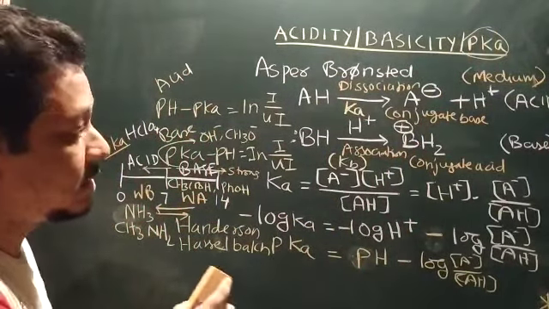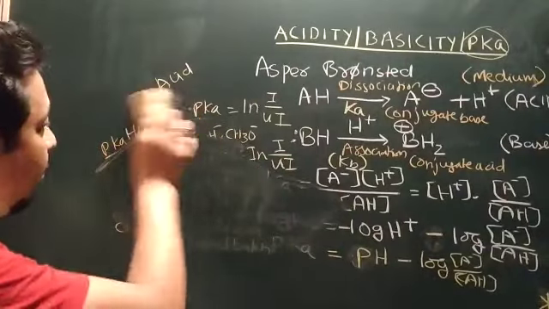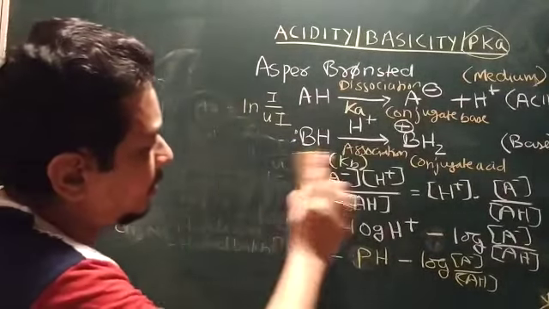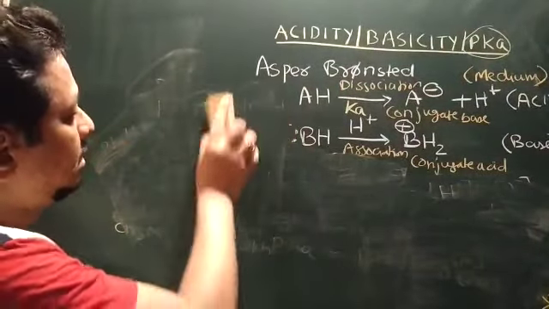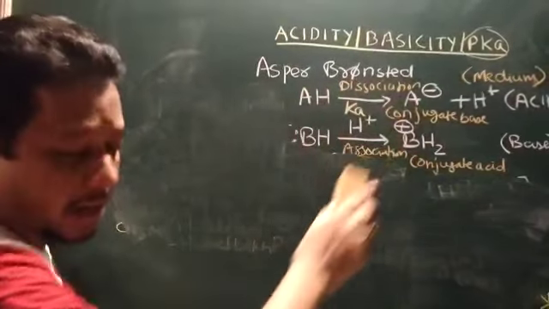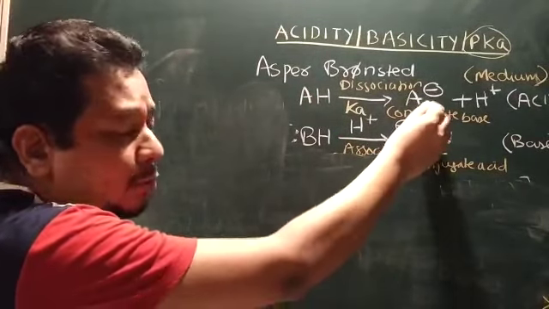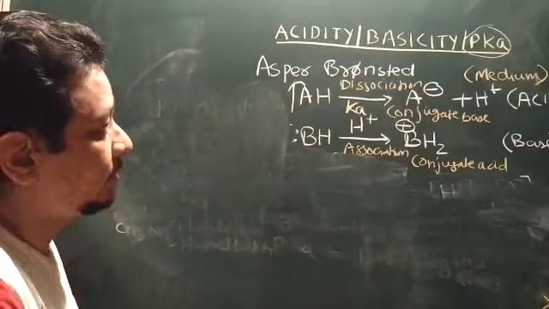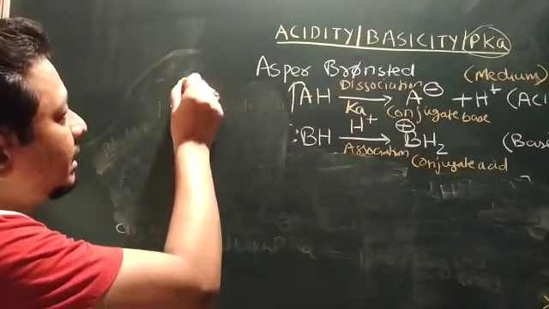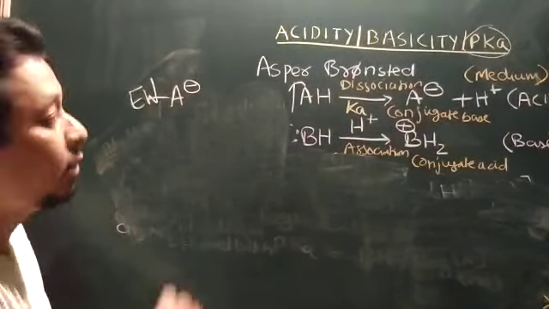Let us discuss the strength of acid and base. From this reaction kinetics, we can understand that if the conjugate base is more stable, the acidity increases. How does the conjugate base become more stable? Simple: when it is associated with an electron withdrawing group or